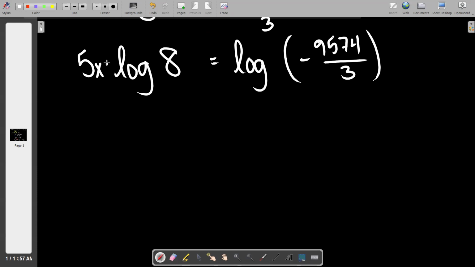Always keep your focus. What are we trying to do? We're trying to find x. We're trying to get x by itself. And we've paved the path now to the point where I'm ready. All I have to do